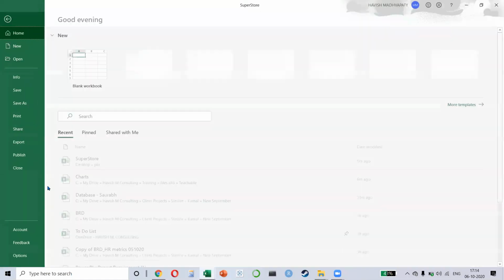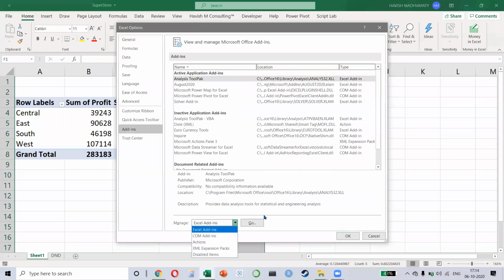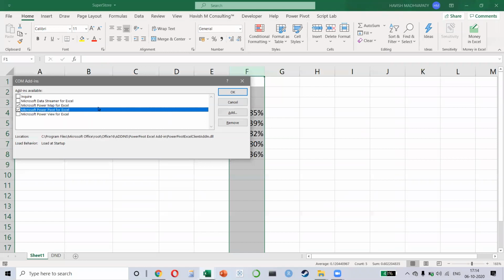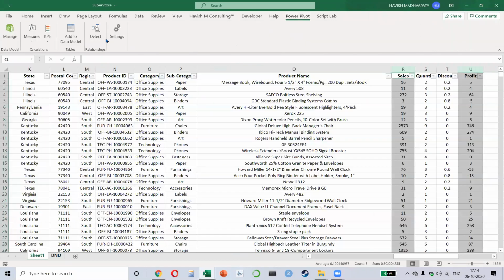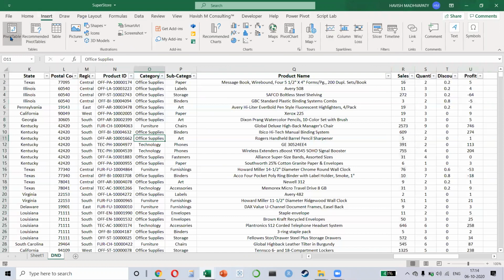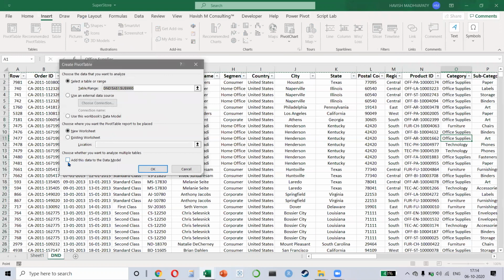So we went to File, we selected Options, and then in Add-ins, we went to COM Add-ins, the second one. And here we have an option called Power Pivot. So we have enabled it. Now, when we make a pivot table, Insert and PivotTable, you will have to select this option called Add this data to the Data Model. And once you do that,